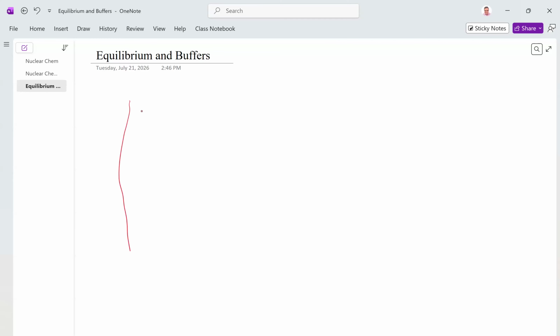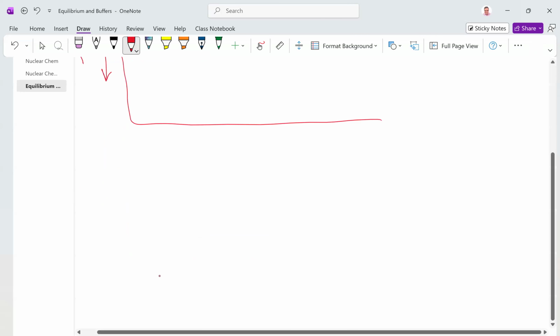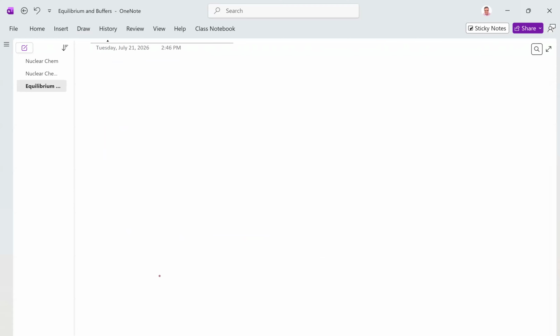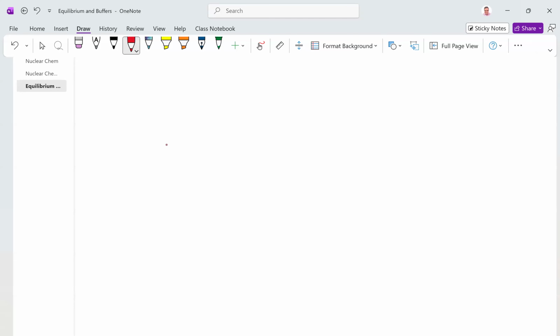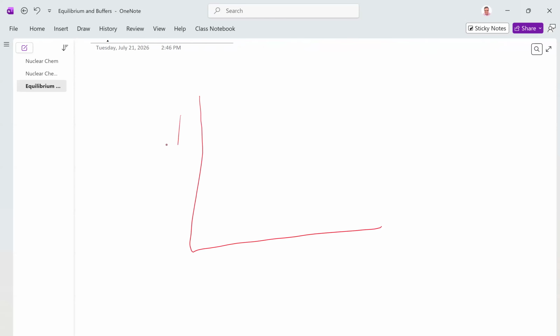Okay, so we've got, where this is, so when we're lower on this chart, the more stable the state is. So we've got